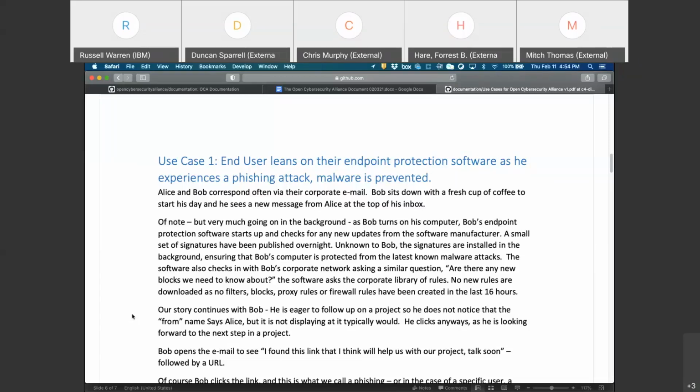I'll plus one the move to Markdown. Another thing I'd like it to be is linkable, because I think this is where Mr. Warren's going next, which is to be able to reference them and jump into them from any place, really. Yep. I agree with that, and that means use case 1 should be its own markdown file, use case 2 its own, and we can make a 4 and 5 if we want, and then you just link to the file and put bookmarks in it and go to whatever part of it you want. But I think we're going to hopefully have lots of these by the time we're done.